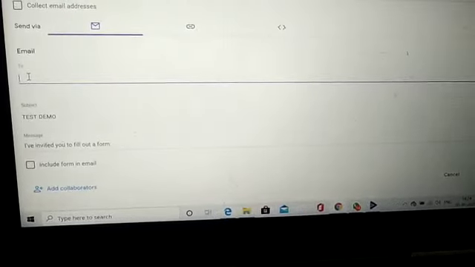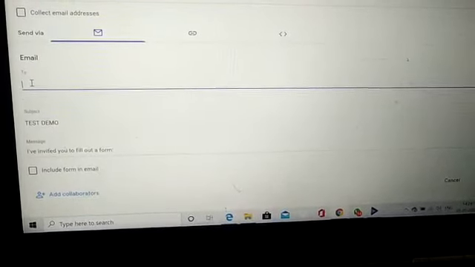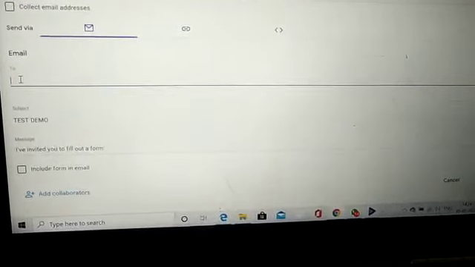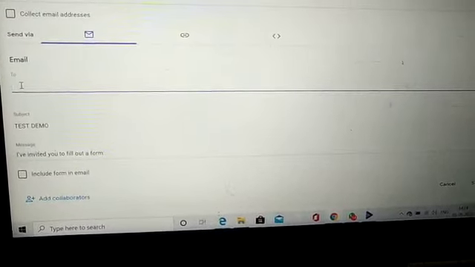So this is how you can send your form, and I'll show you that after 2:30 if someone tries to attempt, what answer they will